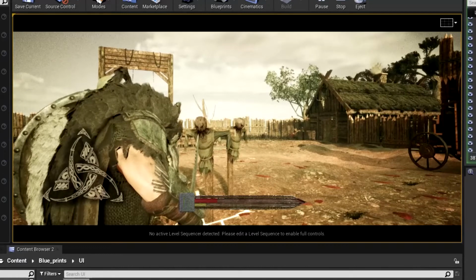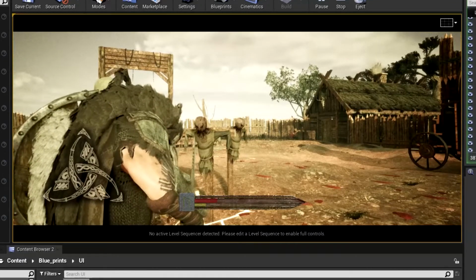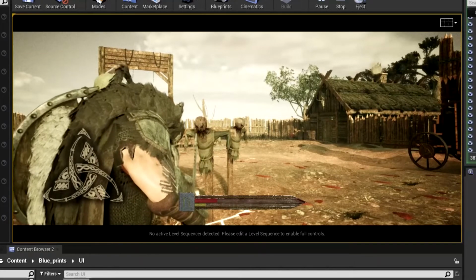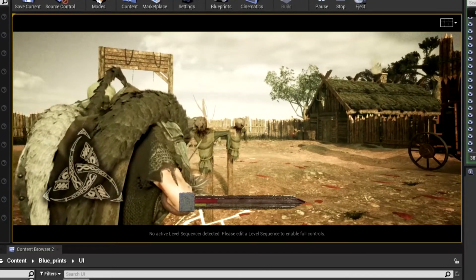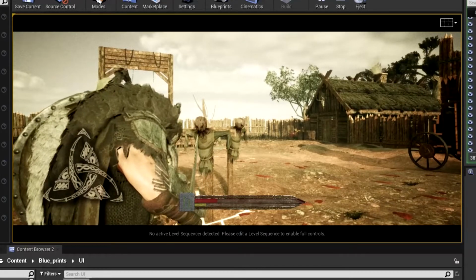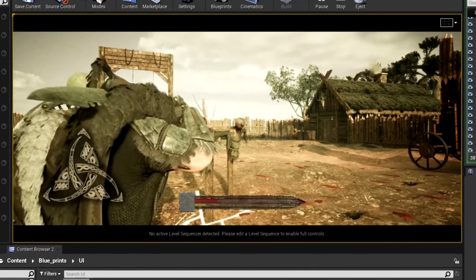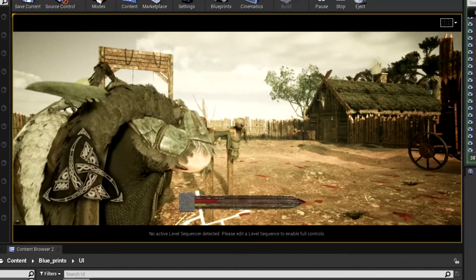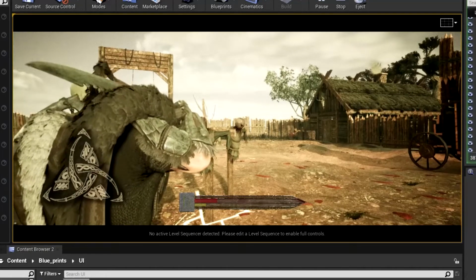What we have here is a non-interactive version of what we are going to implement later, hopefully next week, where as you change your stance, this icon over the character will change depending on which stance you're in. As you can see, we're in the high stance now. What I plan to do next week or in the future is have this little icon